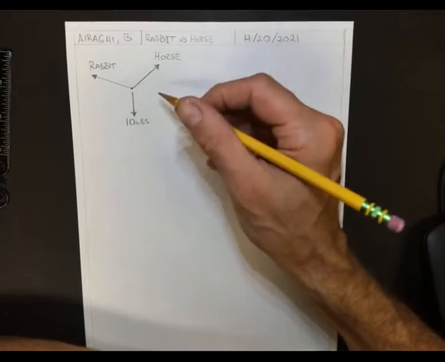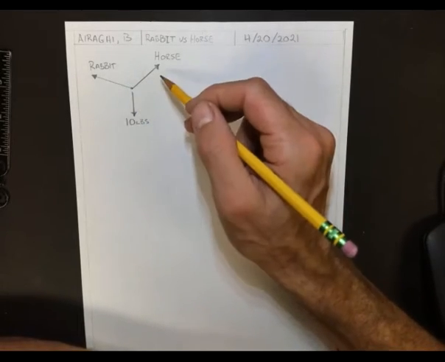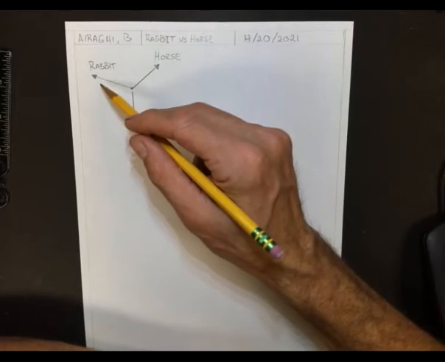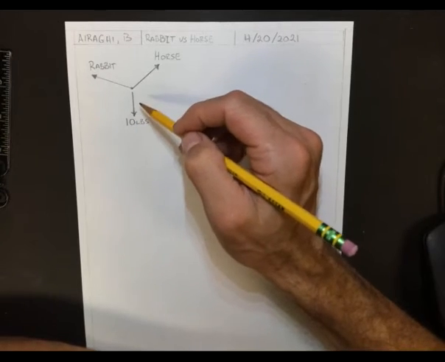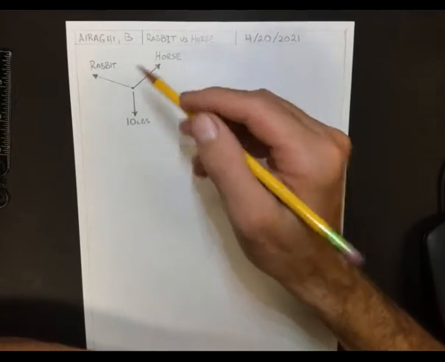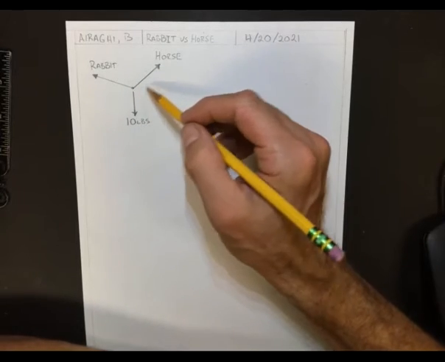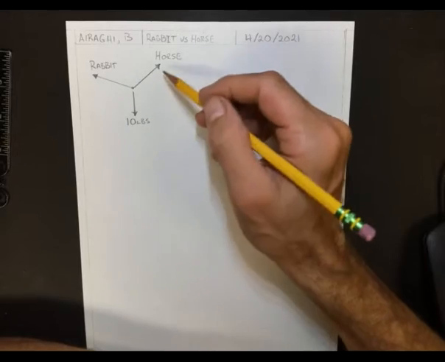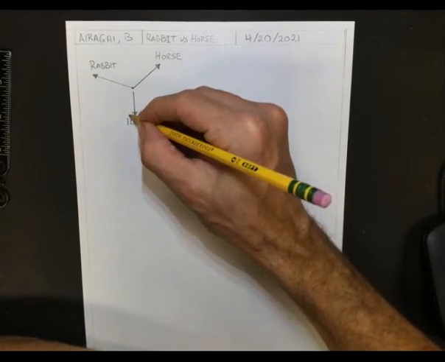So we're going to split it up and figure out what each force is first, because we know that this is 10 pounds. What we don't know is what this and this are. So we're going to use the law of sines to figure that out. And then after that, we're going to break these up into their components so we can see how much each animal is carrying. So the two of them are carrying a box,